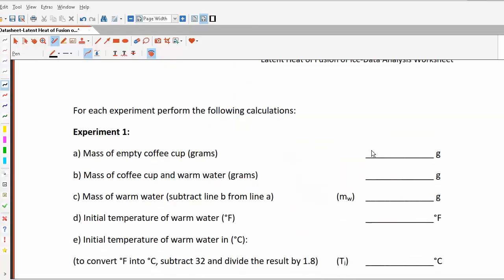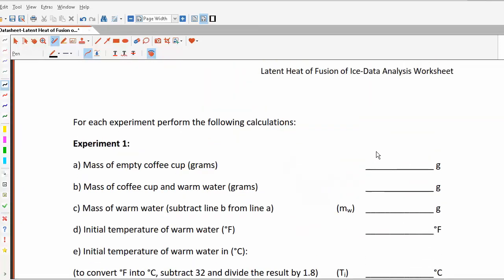Now let's go to the next page and enter in our data. I will enter the data that I obtained from the experiment of which I made a video. So, in my case, the mass of the empty coffee cup was 374 grams. The mass of the coffee cup and the warm water, which was the room temperature water that I placed into it, was